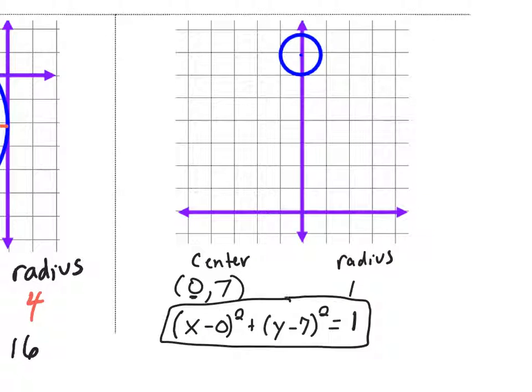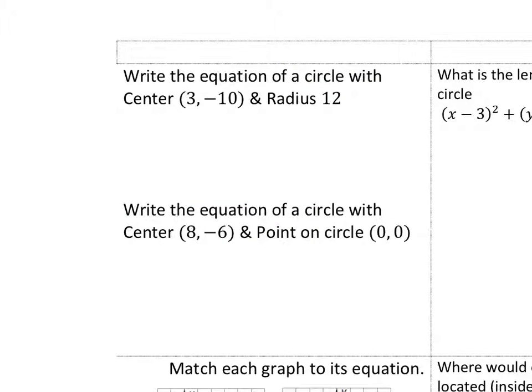On the back side, it says write an equation of the circle with a center 3, -10. So let's go ahead and practice plugging these numbers into our formula. The important thing is to remember our signs, okay? So when we plug this in, we should put what, guys? X minus or plus 3? Minus 3 squared plus y plus or minus 10? Plus 10